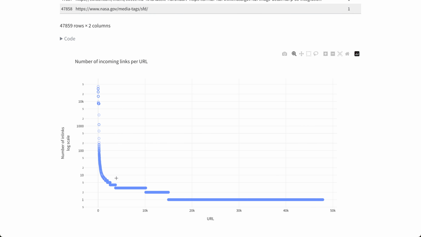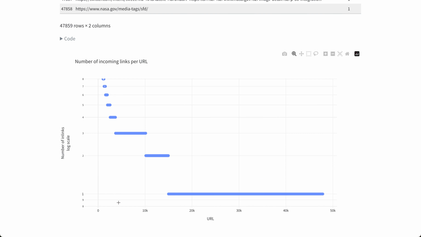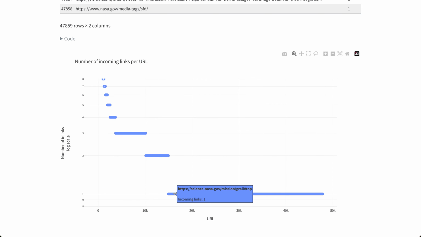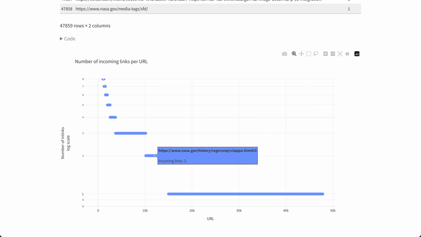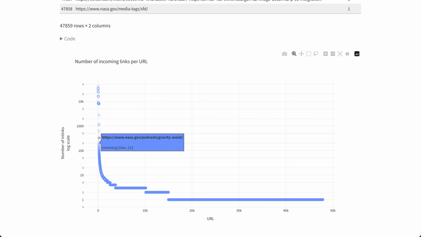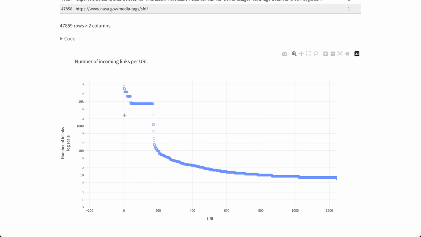Now, let me just zoom in here. The majority of the pages have one incoming link, all of these. These are definitely not in the navigation. 2 incoming links, definitely not. 3, 4, 5, and here we can see, let me zoom in to this area, and still we have 100,